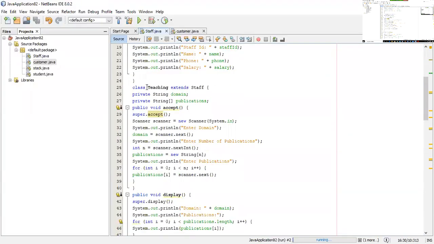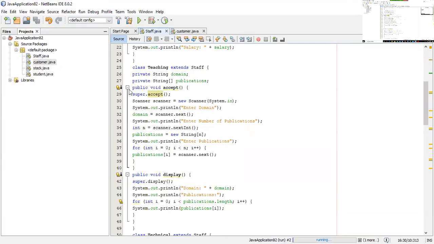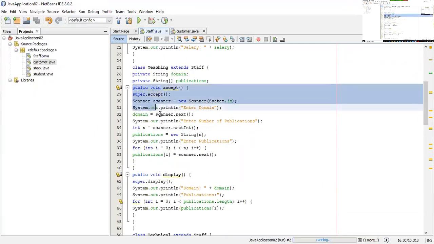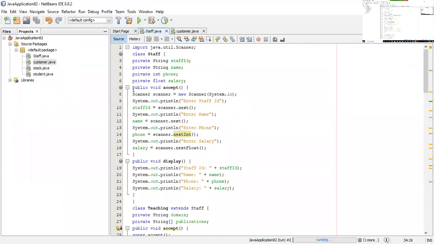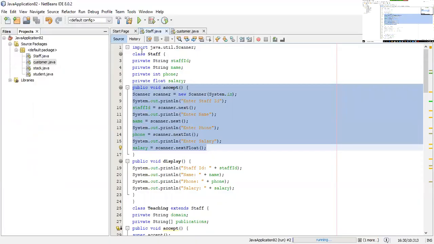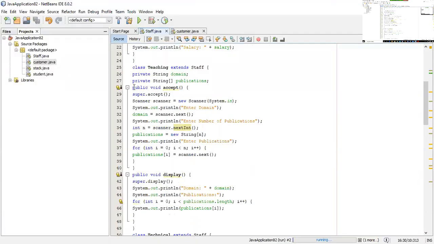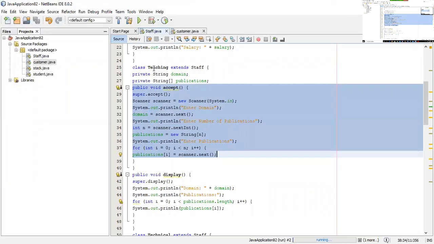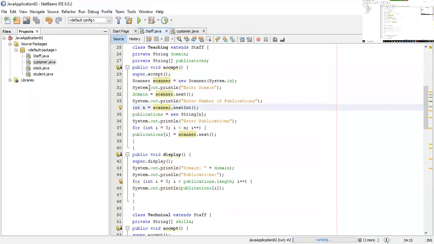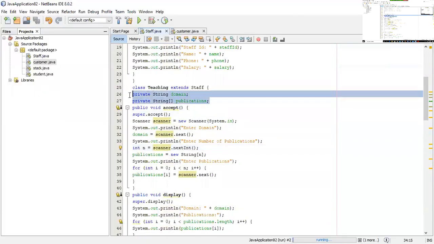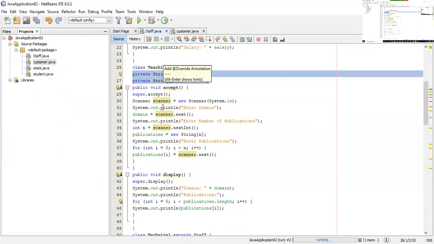Also, if you see, the teaching class has one more accept function, that is here. So be very clear about the two accept functions. This accept function belongs to the super class, and this accept function belongs to the teaching class. Whenever you see the super keyword preceding, that means it is a member function that belongs to the super class. Now you take the two special attributes that only belong to the teaching class.